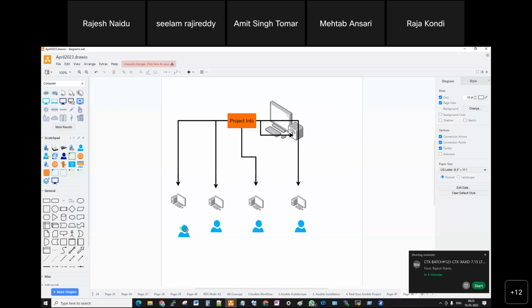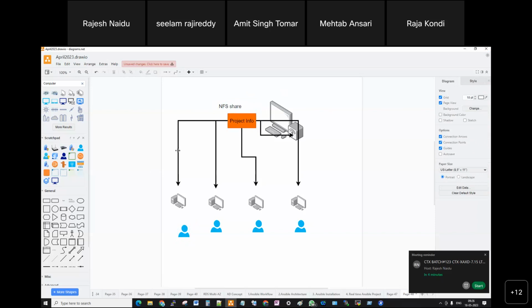So suppose I'm updating this information, so the rest of the people can access it. Either I can provide access to other people, or I can restrict it. This is called network file share, NFS share. The NFS share will be connecting with a particular server IP address and shared path.